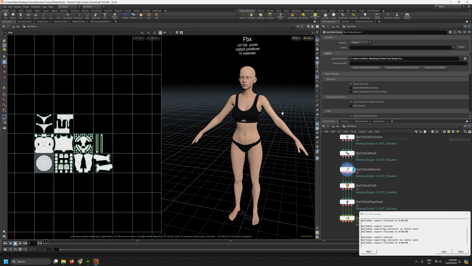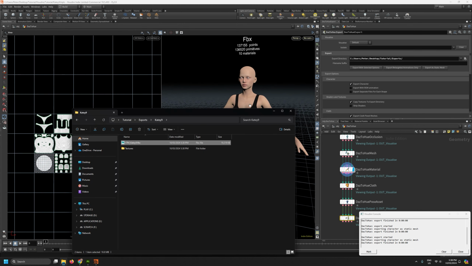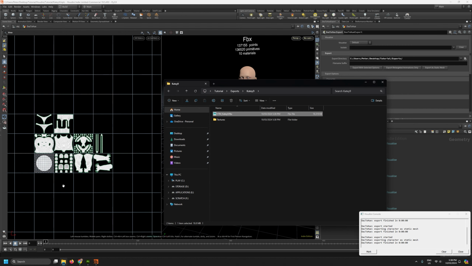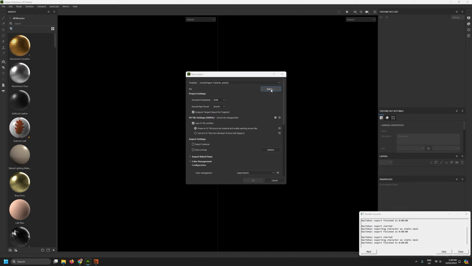It will export a static copy of this character, so it's much smaller than the one that has all the morph targets and everything baked in. You don't want to try and import that version into Substance Painter. You want this static mesh version. So now if I have a look at our export directory, we can see we have this STM-KD9, and that is a static version of this character with these UDIMs applied. So if I bring that into, say, Substance Painter,